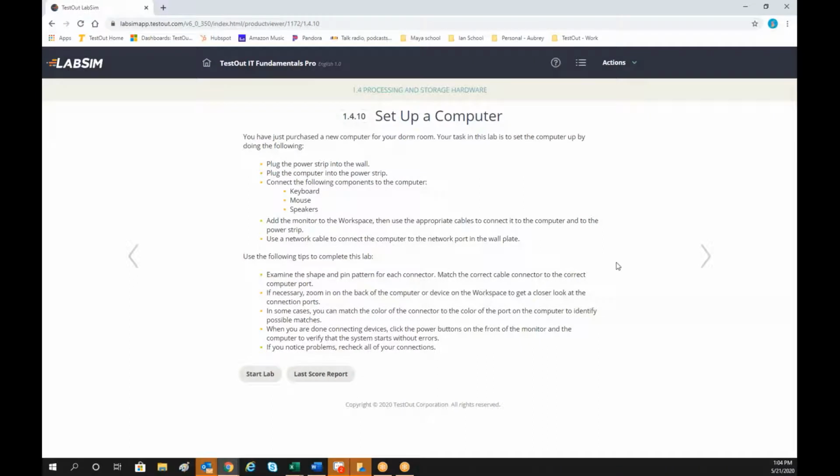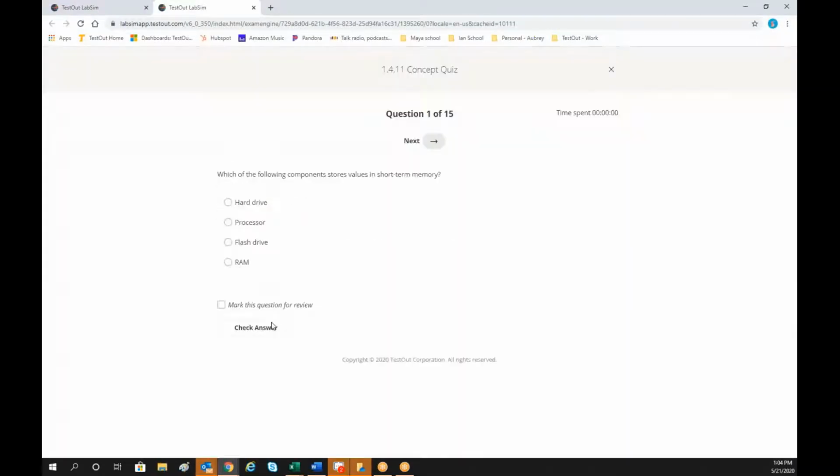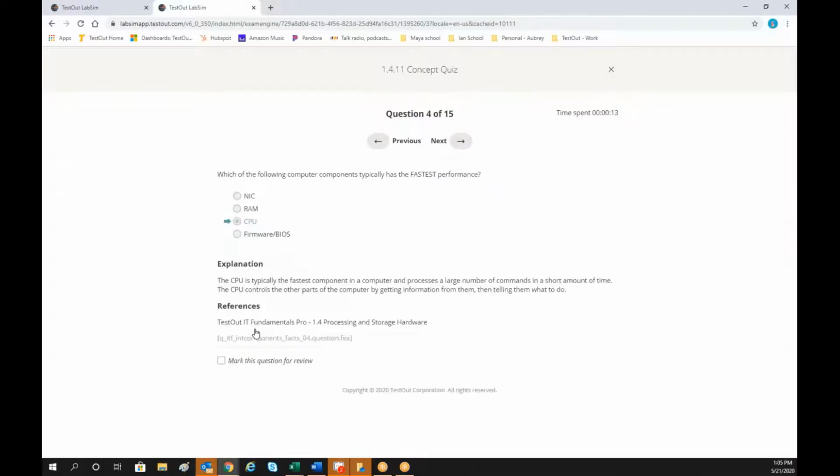Finally, we have a quiz at the end of every section, so your students can go in and really make sure that they are understanding and comprehending the things that they are learning. These are multiple choice questions, so we can go ahead and select these questions. The answers are in random order. We also have a check answer